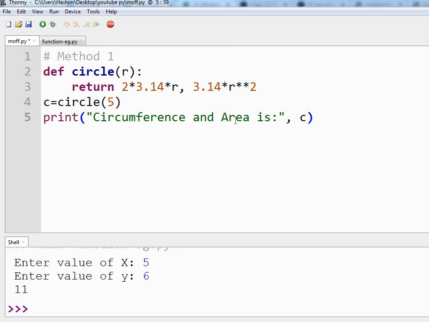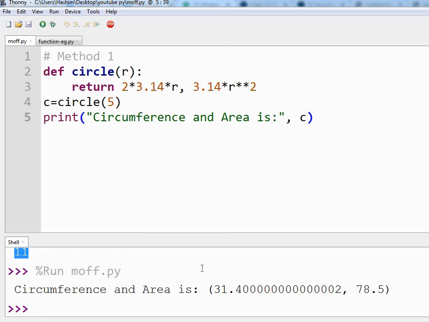So that is all for method 1. Let's run the program, and we are getting the circumference and the area: 31.4 and 78.5. So we are getting two outputs, as you can see.